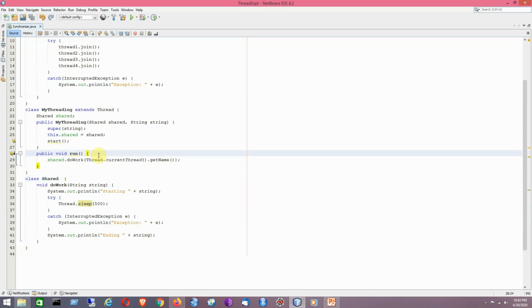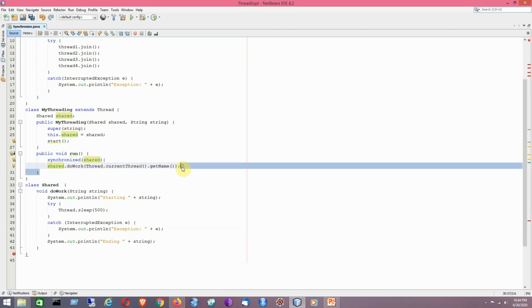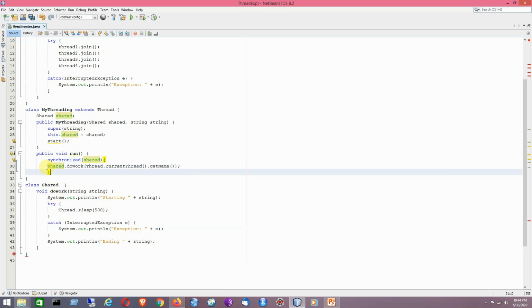I have told you we can have two techniques. Either we can use the synchronized block. There is a synchronized keyword, which provides mutual exclusion for the shared object, that is, the shared reference. I have provided it here. Remember it, it is basically the use of a synchronized block.